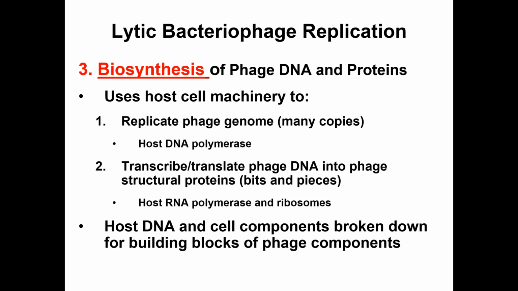But in the end, two major things happen here. One, the host cell is forced to copy the viral DNA. You need to make more copies of that viral genome. The other thing, the host machinery is forced to express those viral genes, make viral proteins like spikes or capsid proteins. We need to fill the cell with all the little pieces we need to make more viruses. And where does the raw material come from? From the broken down host cell.